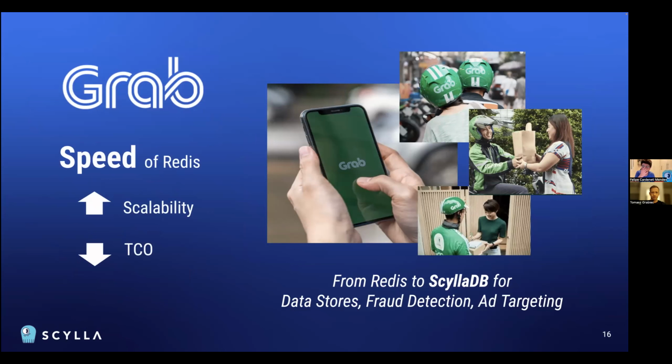It's actually interesting that Grab said themselves that one of the aspects they really liked about ScyllaDB is the fact that it has the speed of Redis. So if you are interested, take the time to read their case study explaining their path and the decisions behind why